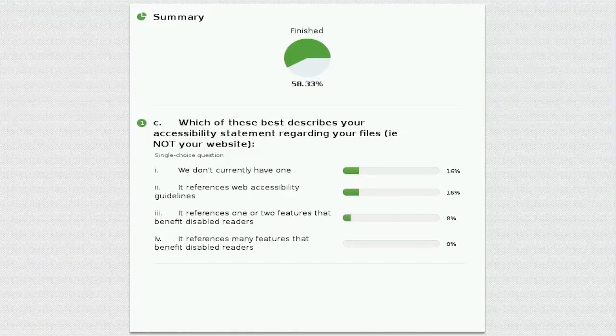However, if you know you haven't got one, or you've got one, but it only references standards, it's not going to actually mean anything to your typical student or typical domestic reader, then I really think you need to do what that one person who knows that they do reference some features, what they've done there. Number 3, it would be great if all of you could start moving in that direction, because you will get a score, and let's just make it as good as it can be. And that is all from me.